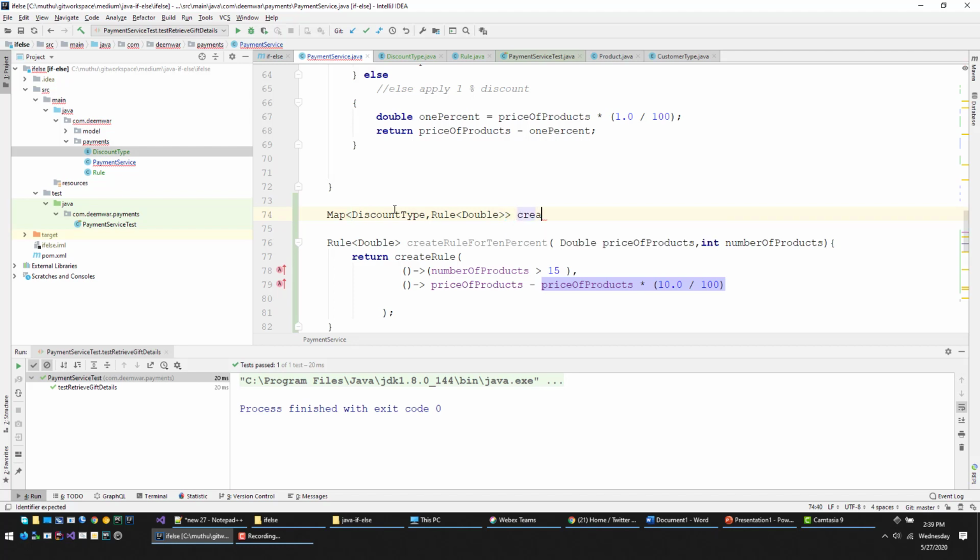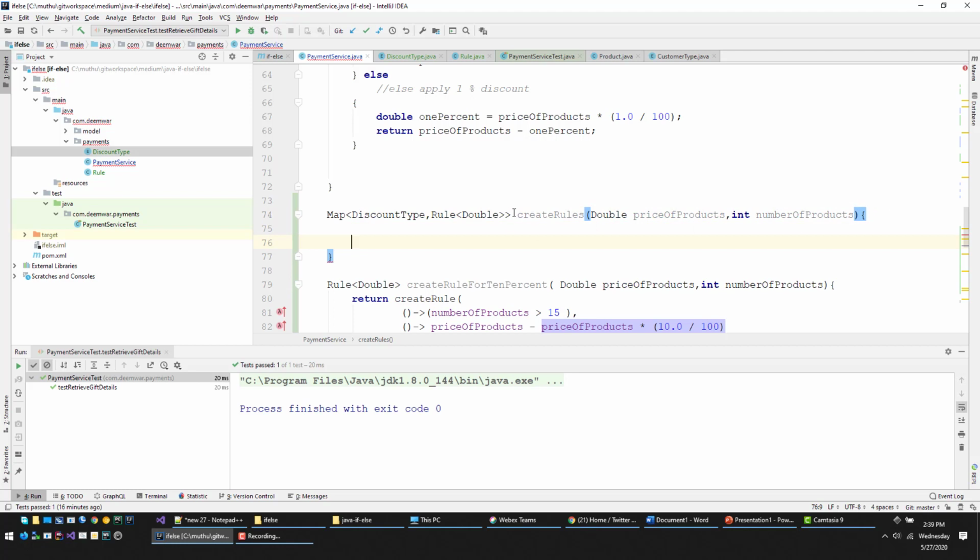So create rules. Okay, and then we will call it just rules, right? Rules equal to,